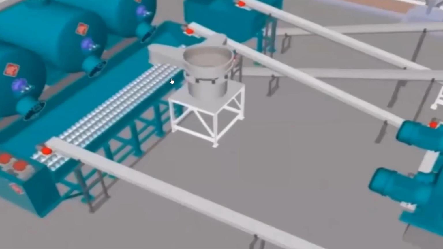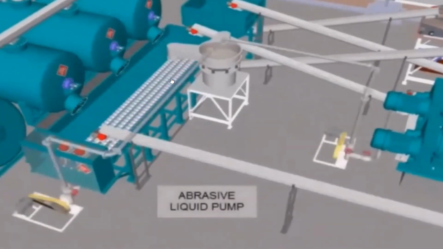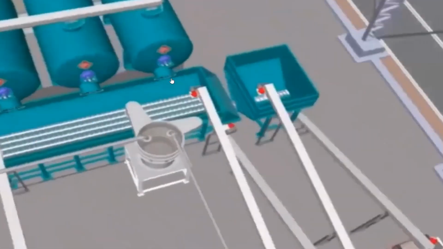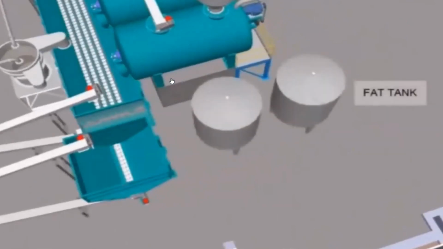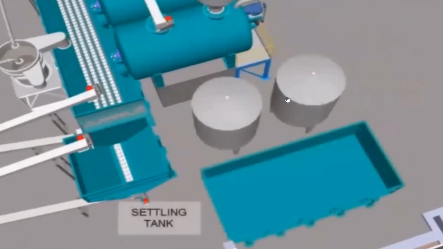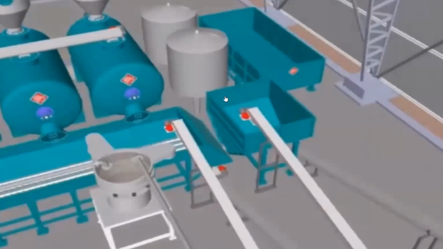Meat cum bone meal. This can be used as a pet food, fertilizers. We can make various dog kibbles, dog chews out of this meat cum bone meal. We can also use it as a fish meal. We can make fish meal out of that. Poultry feeds also we can use. So settling tanks we can see here. This is a fat settling tank where the fat will settle. The sediments will come to the bottom by the settlement process.